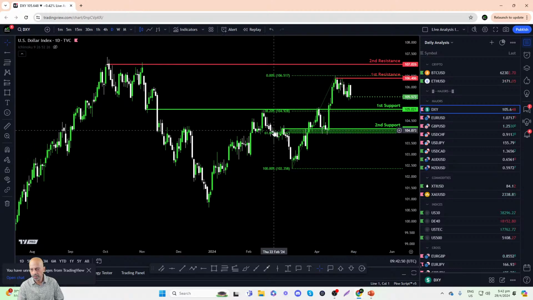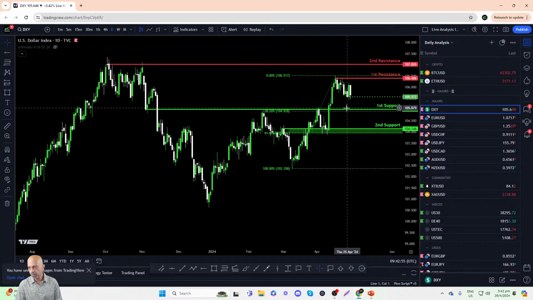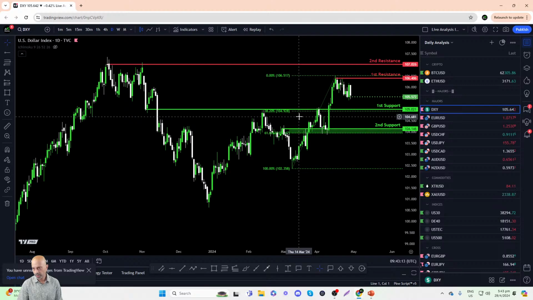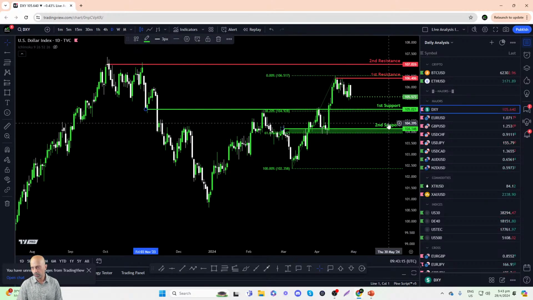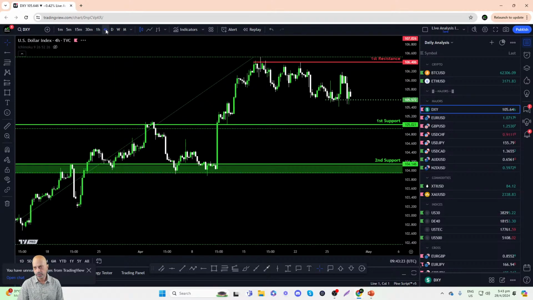Right, so these are the key levels for the dollar index on the daily time frame. So intermediate support at 105.57. This is a pullback that occurred last Thursday and Friday. First major resistance is the pullback resistance here at 106.40. Second resistance is at 107, which is this swing high resistance or double top that occurred in October and November of 2023. Of course, first support here is this overlap level at 105, and second support is another overlap at 104.14.